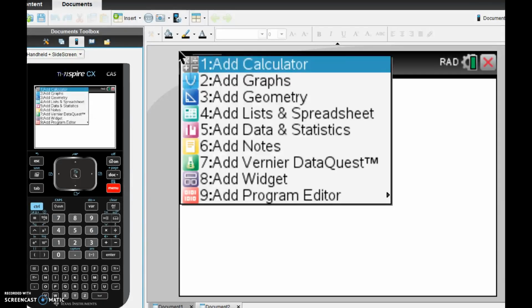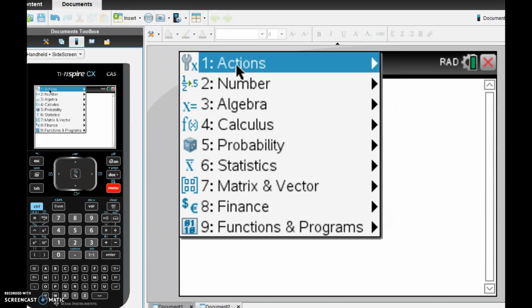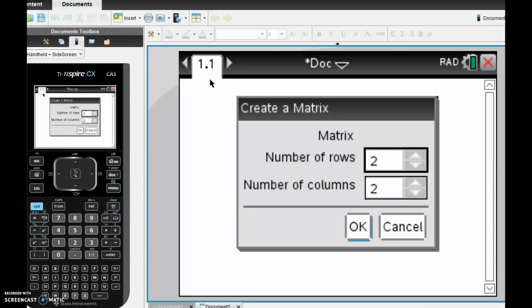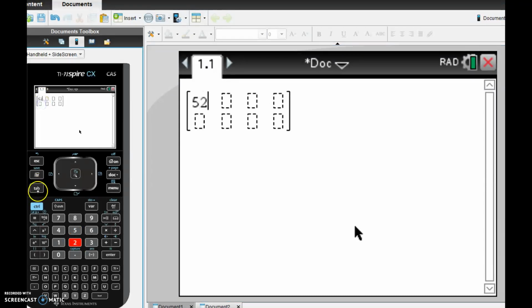So we have our calculator, add a calculator, and we want to make a matrix. Menu, number 7 is matrix, create a matrix, and we want it to be a 2 by 4. And then it gives you the little spots for the matrix. So I'll type it in, 52. If you hit tab it'll go in between them easily. 48, 60, 46, 58, 61, 41,